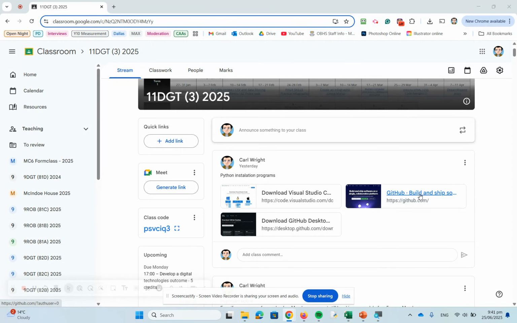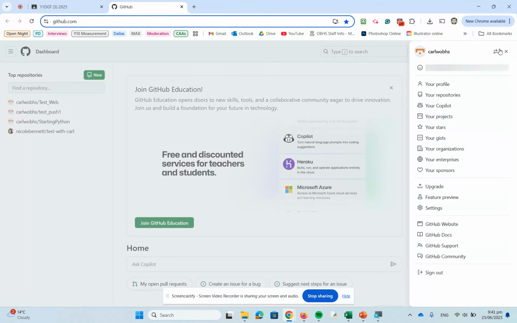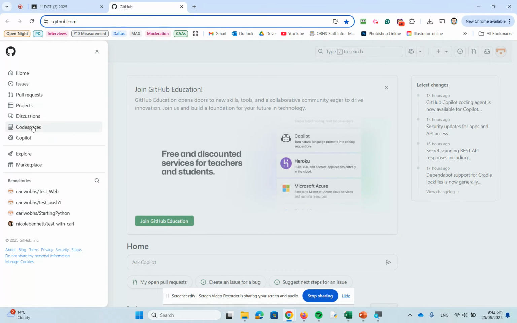You have to click in here and create an account first. So I'll do this part first. So go to GitHub and see, mine signs me straight in, and you'll need to create your own GitHub account and go through the process until you get to this. This is the main screen of GitHub, and over here you can navigate